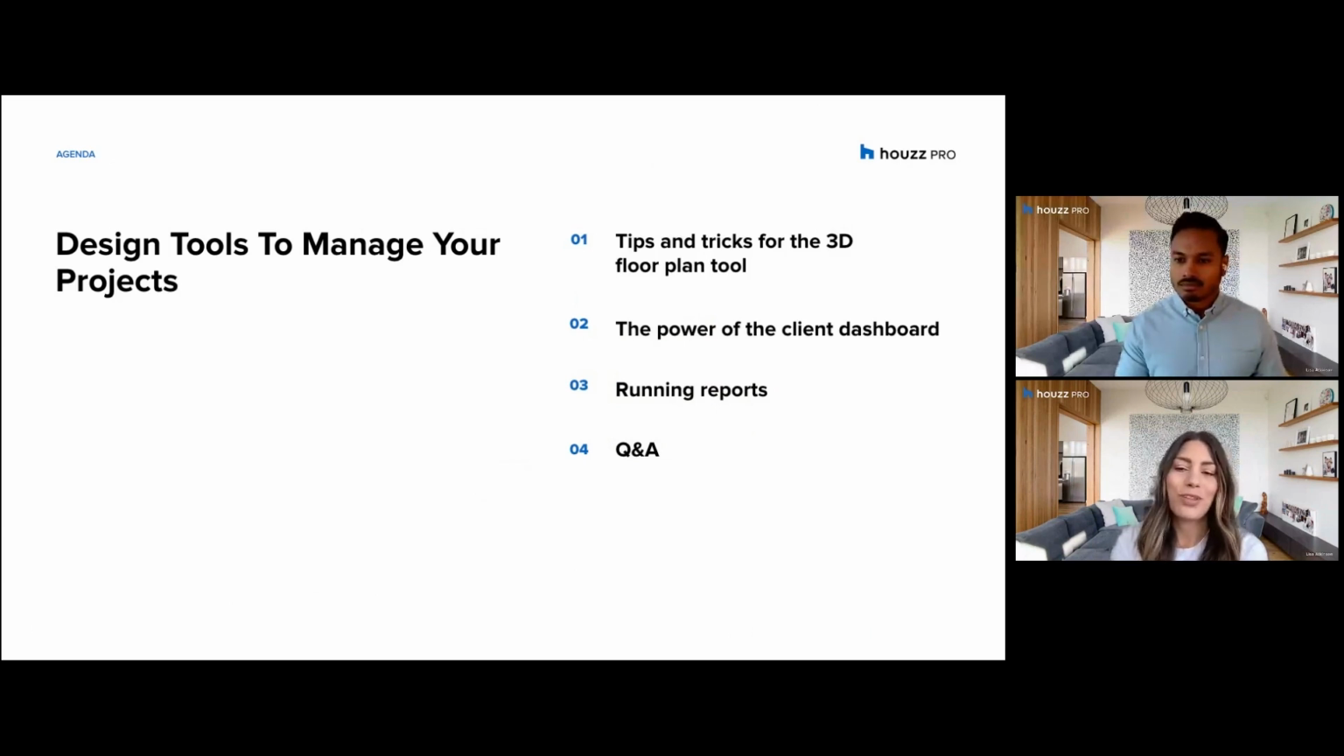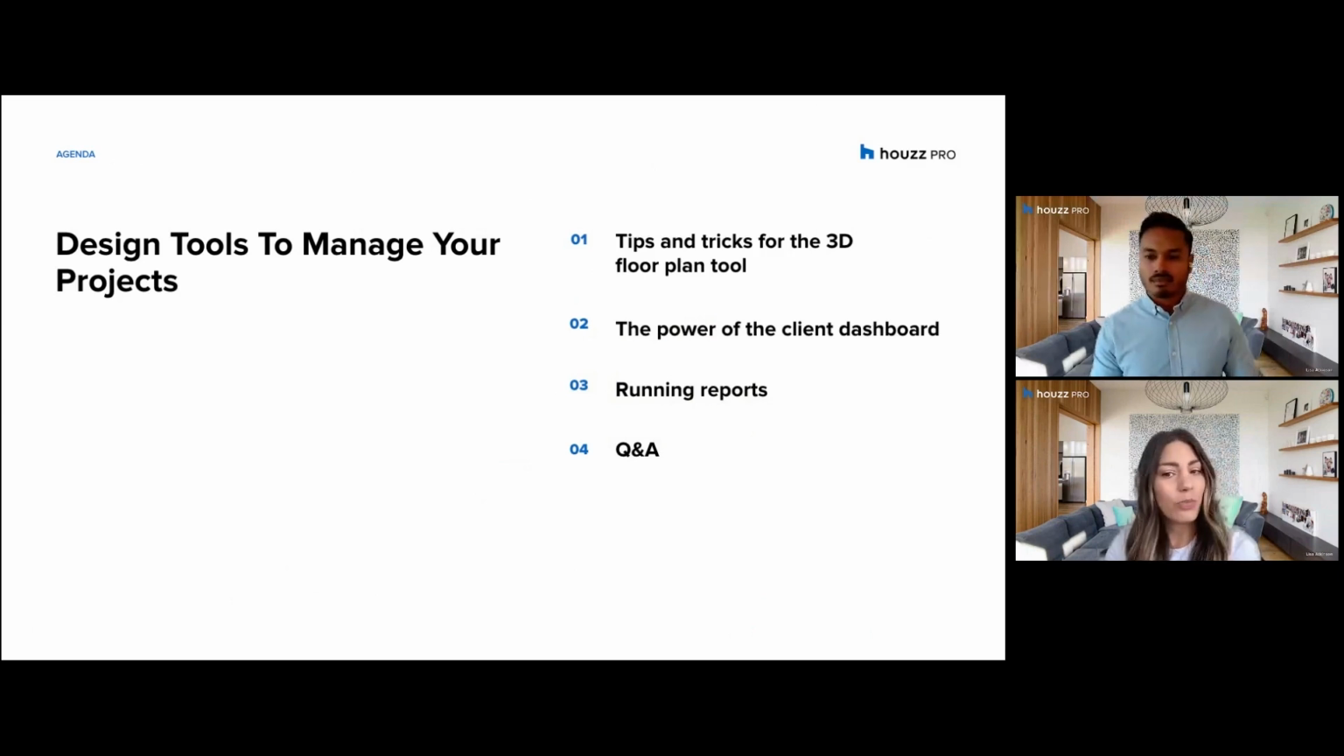A lot of these tools are some of our pros' favorite tools. He's going to start in the 3D floor planner and provide some good tips and tricks for you to use. Then we'll go over the power of the client dashboard, why you should be using this with all your clients. And then we'll move on to how to generate reports for your business before we wrap up with some general